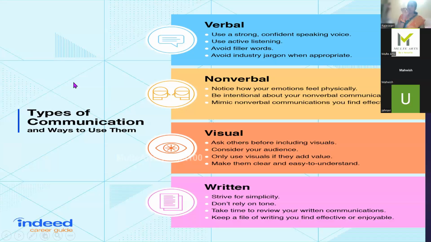non-verbal means you have to notice how your emotions are physically, whether you're okay. Sometimes the other person scolds us. We will be very aggressive. We don't know how to express that. Just calm down, just listen to what the other person is going to do. Then you can react. And then see, visual is what you see, visually seeing. Then see what is happening. Then only you can write.